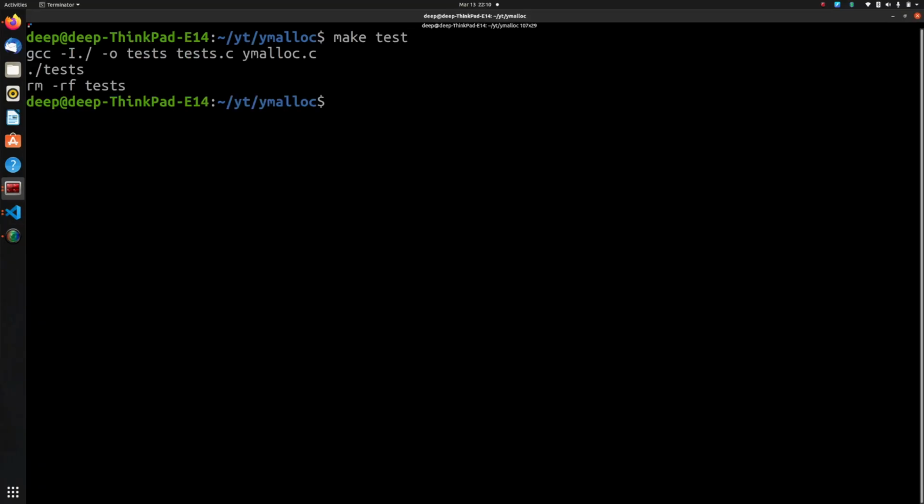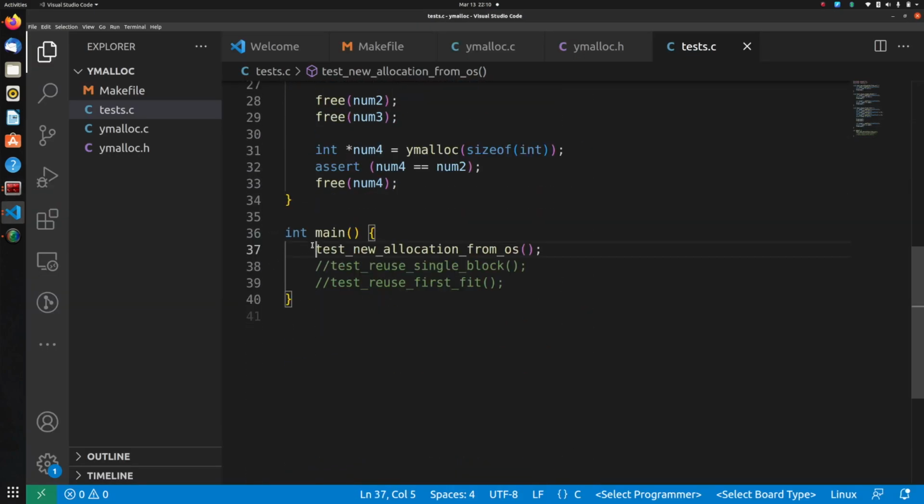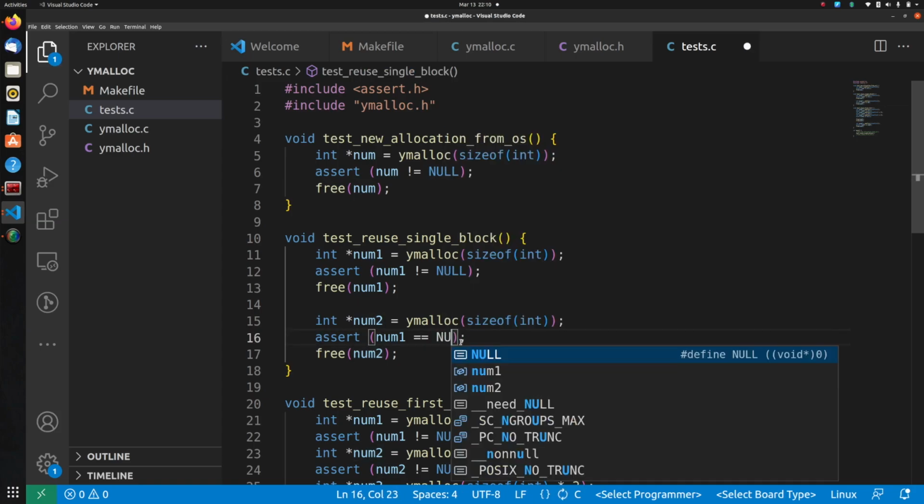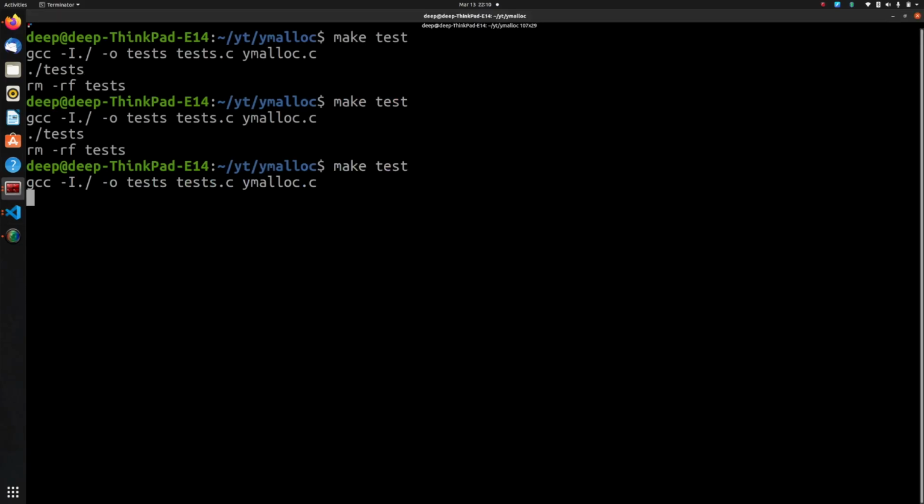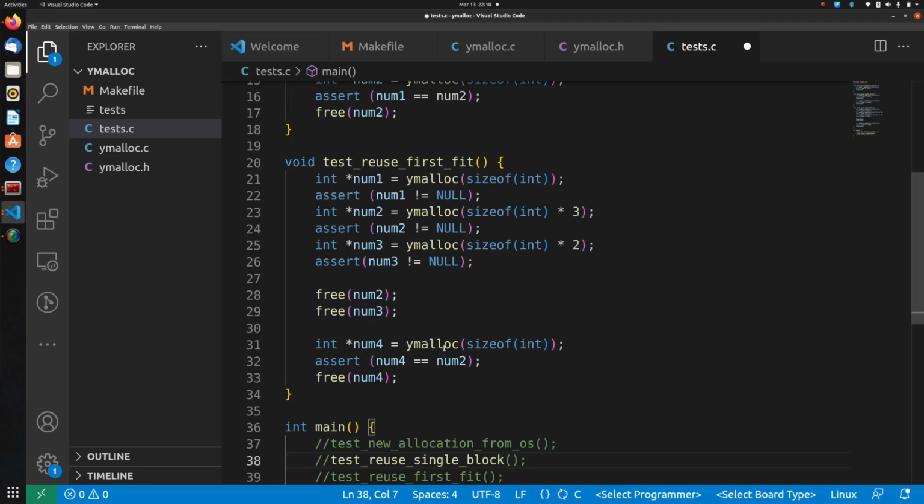Make test, and it passed, right? It passed. Num was not equal to null, so at least our sbrk worked as expected. Now let's remove this and let's try this one. This passed as well. For example, we could have done something like this just to make a failure situation, and it would have failed. So it means our tests are working, and it also means our memory allocator is working as expected. So we were able to free a block and get back that block on the second allocation,